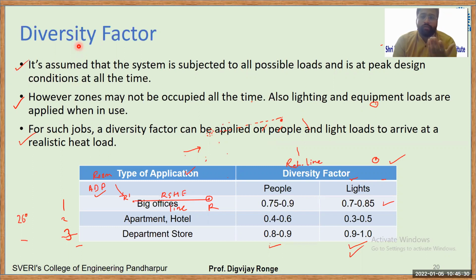Again, in that system, suppose I take the example of a classroom. In the classroom, I'm assuming there is a peak condition, then the classroom is fully occupied, then all the fans and all the lights are on, right? And maximum heat load, whatever other parts will contribute to the heat load. Now, if you go by logically, you will come to know that this condition will exist maximum for 10 minutes.